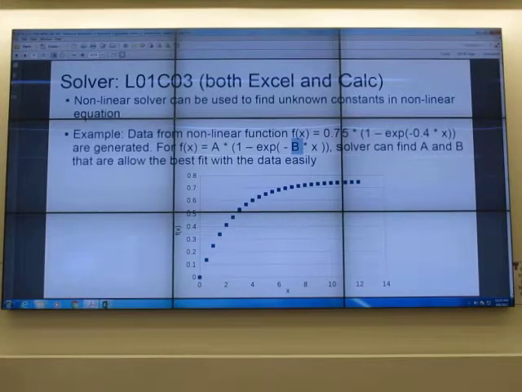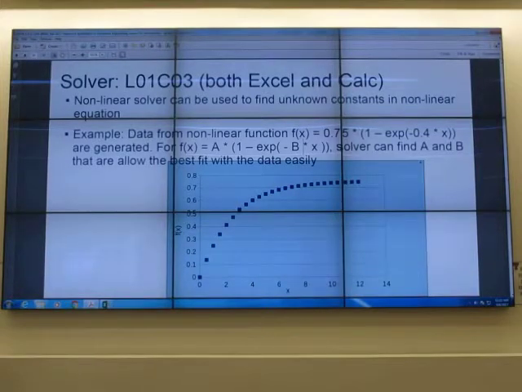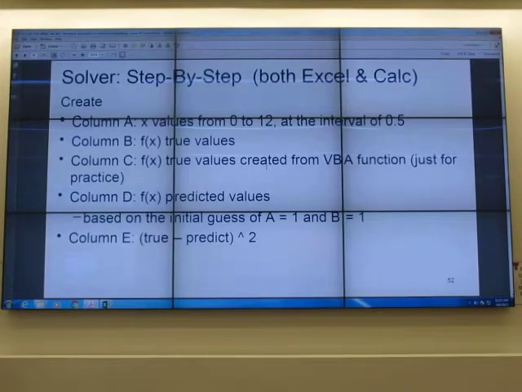We already know that if the input data is like this, it's perfectly fit with our equation, right? If our input is like that, A will be 0.75 and B can be 0.4, right? But we don't know before. If we didn't create it, we don't know what it is, so we have to use solver. So step by step, I have column A, x value from 0 to 12 at the interval of